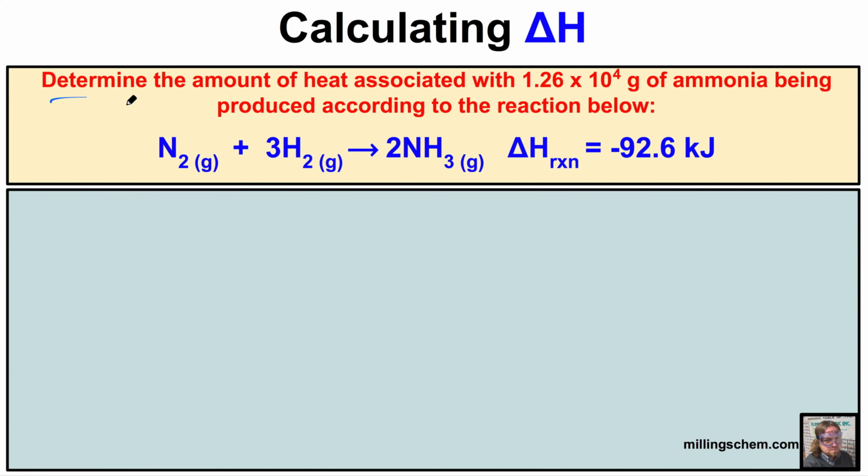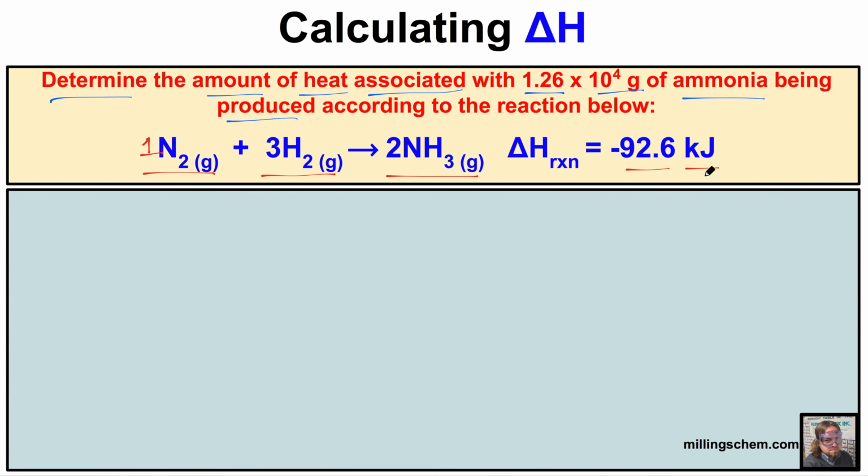Example problem: we are asked to determine the amount of heat that is associated with 1.26 times 10 to the fourth grams of ammonia being produced according to the reaction below. This chemical reaction equation is telling us that 1 mole of nitrogen gas is going to react with 3 moles of hydrogen gas, and this is going to produce 2 moles of ammonia gas. And when this happens, using these quantities, 1 mole of nitrogen, 3 moles of hydrogen, producing 2 moles of ammonia,